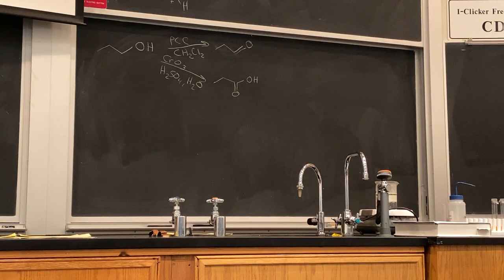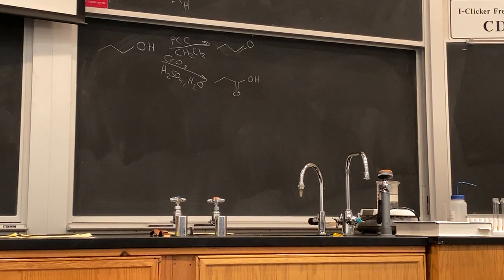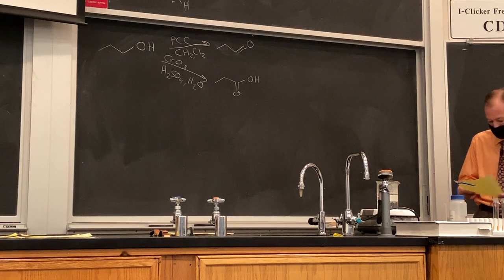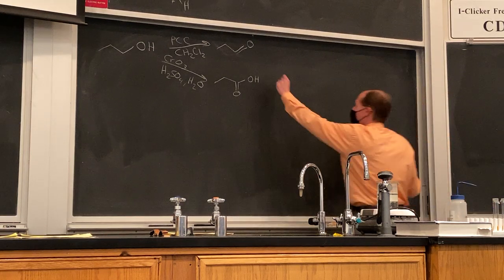The mechanism of forming a carboxylic acid is more complicated. It actually involves two oxidation events because the carboxylic acid is two oxidation states higher than the alcohol. Okay, so it has two oxidation events and another part to it, so it's a three-part mechanism. And so it'll seem daunting if you think of it all together, but if we break it up into the three parts, it should be more straightforward to understand. Okay, so part one,